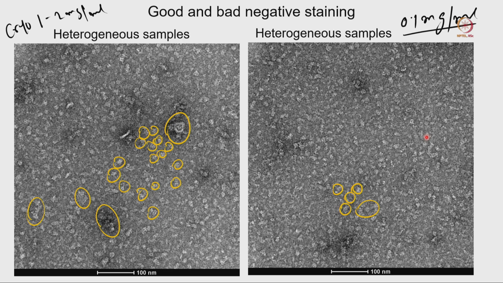And this kind of image, again, is not a good image. Why is it not a good image? Because here the protein molecules are so close to each other, it is very difficult to distinguish the morphology of the individual protein molecules. They are closely packed, and that is one of the reasons we cannot identify them properly. Okay, so what about the next sample?